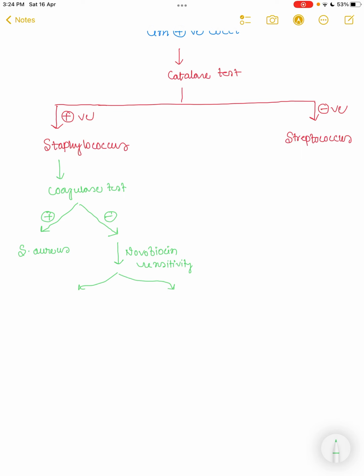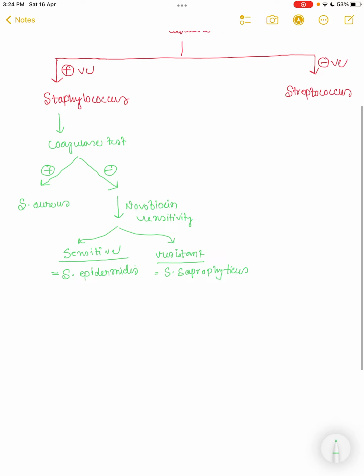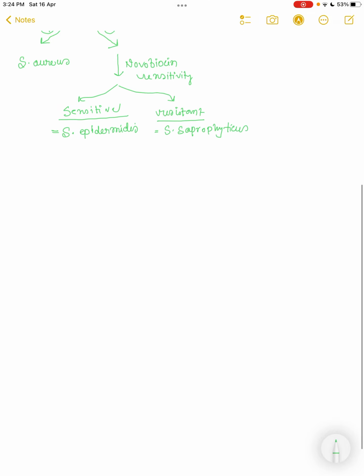Okay, and if it is sensitive to novobiocin, then it is simply Staphylococcus epidermidis. And if it is resistant, then it is Staphylococcus saprophyticus. Okay, so this is regarding the most important things for Staphylococcus, and how you differentiate between Staphylococcus aureus, Staphylococcus epidermidis, and Staphylococcus saprophyticus. And now for